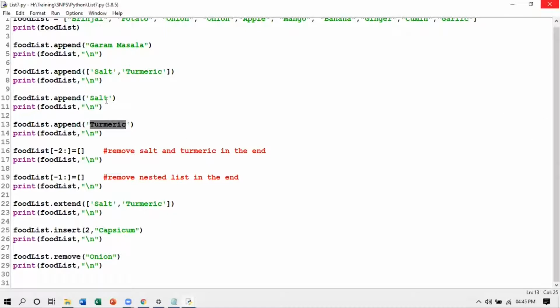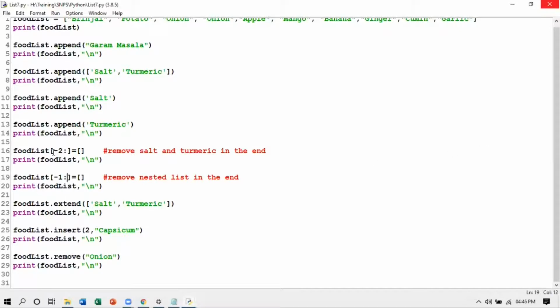Now when they are removed, the last item remaining is the nested list of salt, turmeric. Remember, before that this was there. Now this has become the last item in the list. The last item in the list is index -1. -1 and colon with nothing means this is also removed from the list.